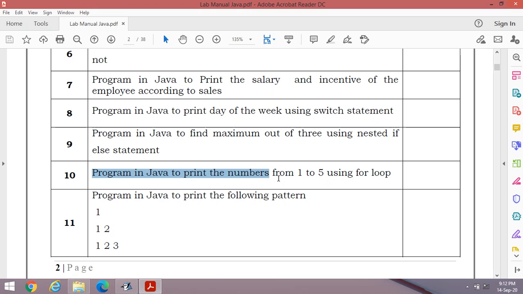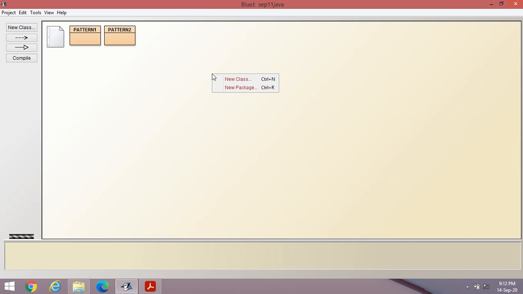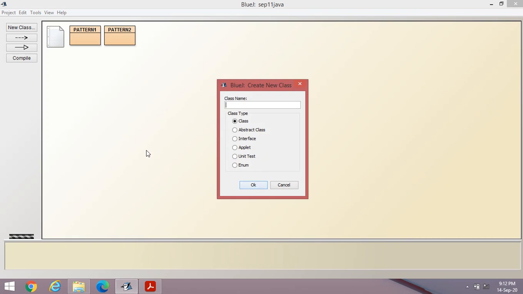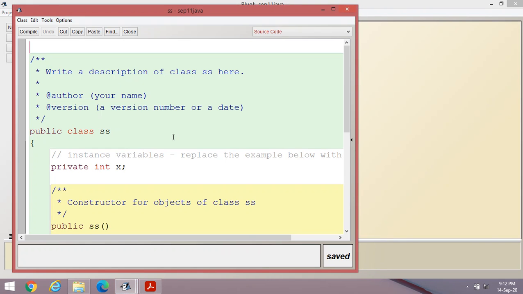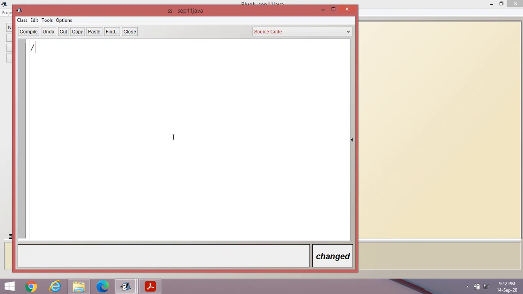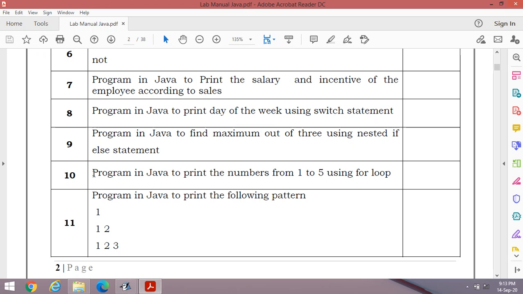Today I am going to discuss the implementation of for loop. For that, I am using the BlueJ platform. Press Ctrl A, then print the title in the comment section.